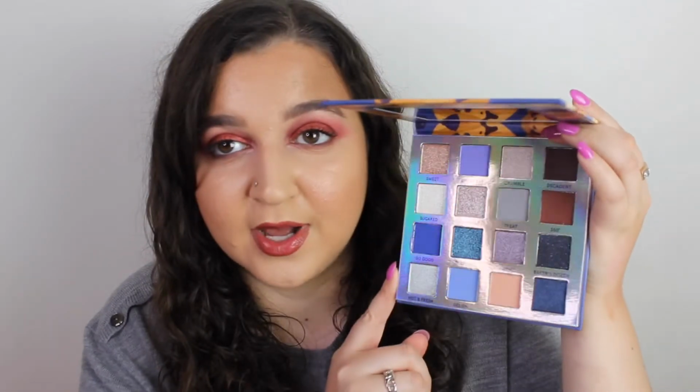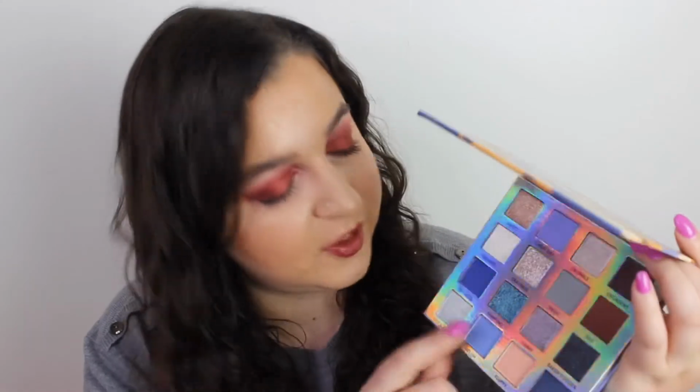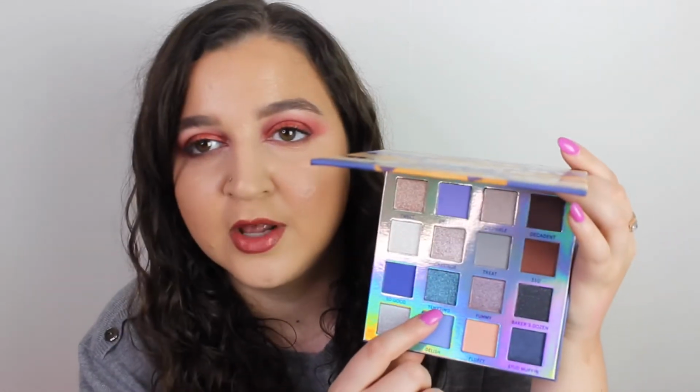Guys, I got my hands on the Blueberry Muffin palette, and I have a discount code which I forgot to use, annoyingly enough, because my dog was jumping all over me. But look how stunning that is. Oh, this blue down here called Tempting looks amazing. And I did review the Mimosa and the Avocado one, and I absolutely love them, so I cannot wait to